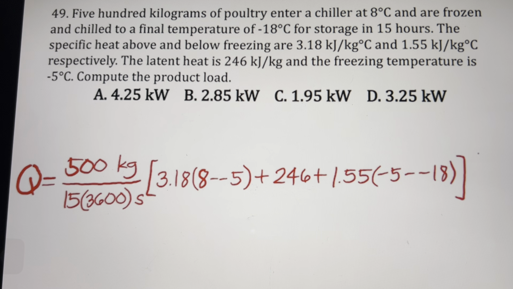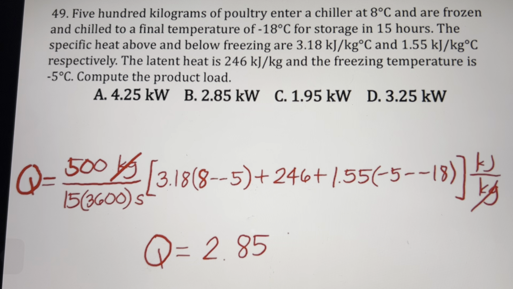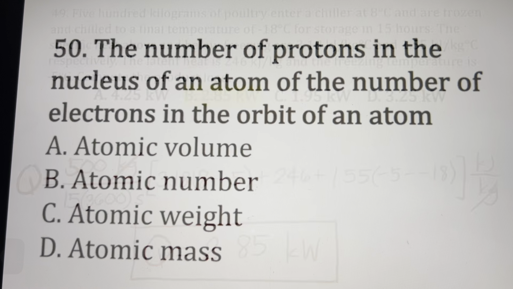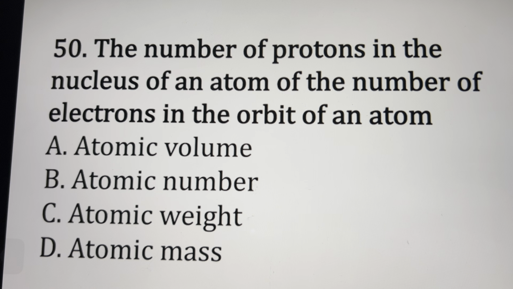And the unit inside our brace here is kilojoules per kilogram. Kilograms is cancelled, so the remaining unit is in kilojoules per second or kilowatts. What is our product load? This is 2.85 kilowatts. The number of protons in the nucleus of an atom